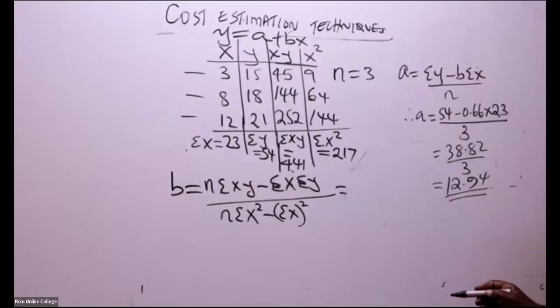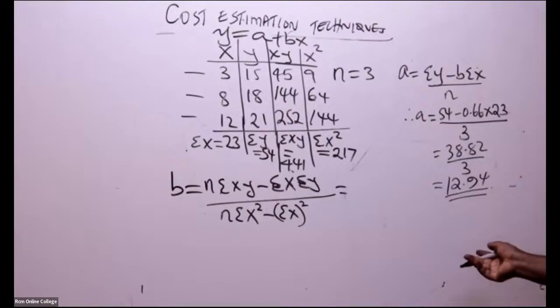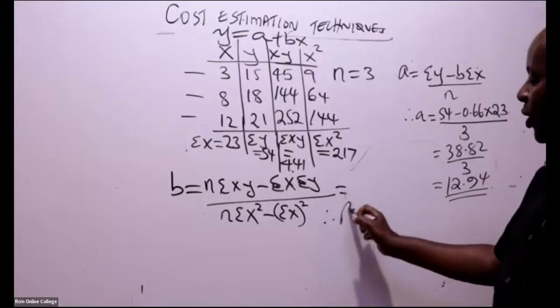12.94, or thereabout. You can as well get 12.8. Rounding off errors are allowed. And therefore, the regression equation